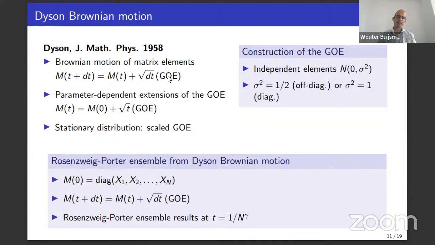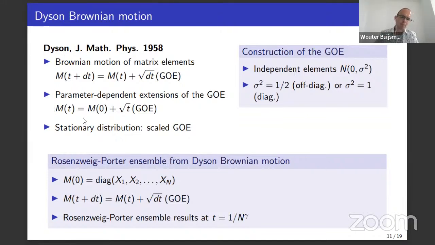Which means that for a given matrix element, at each time step we add a small Gaussian distributed value with variance dt and mean 0, which means that the elements of this matrix perform independent Brownian motions. And this allows us to define a parameter-dependent extension of the Gaussian orthogonal ensemble. Namely,